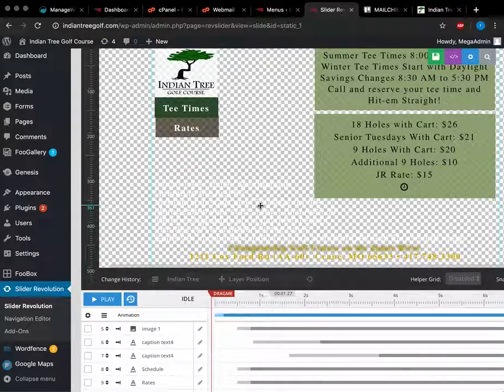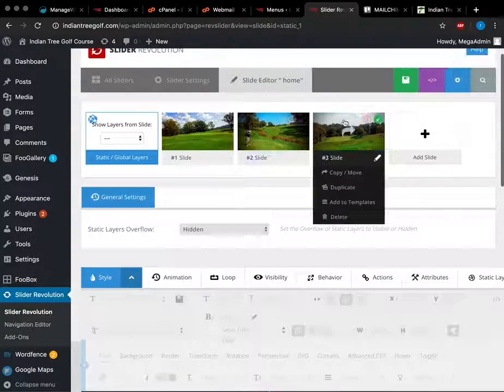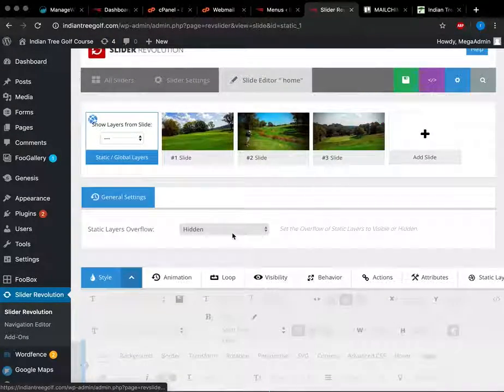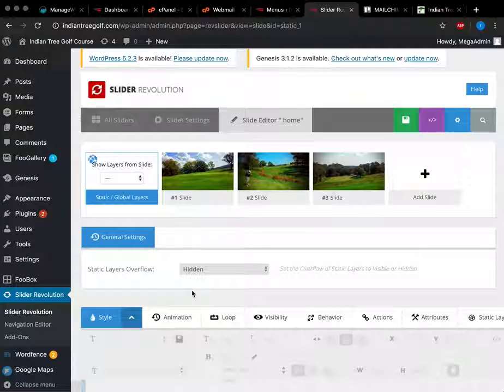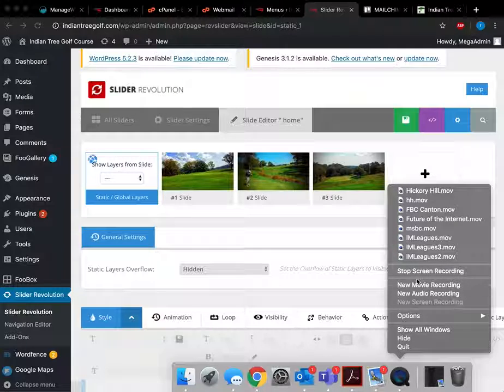And then again, changing the photos is just you duplicate and then change the background image. It's not too hard. It just takes some getting used to and playing around with it. But you'll figure it out. And if you have any other questions, feel free to email me and I can